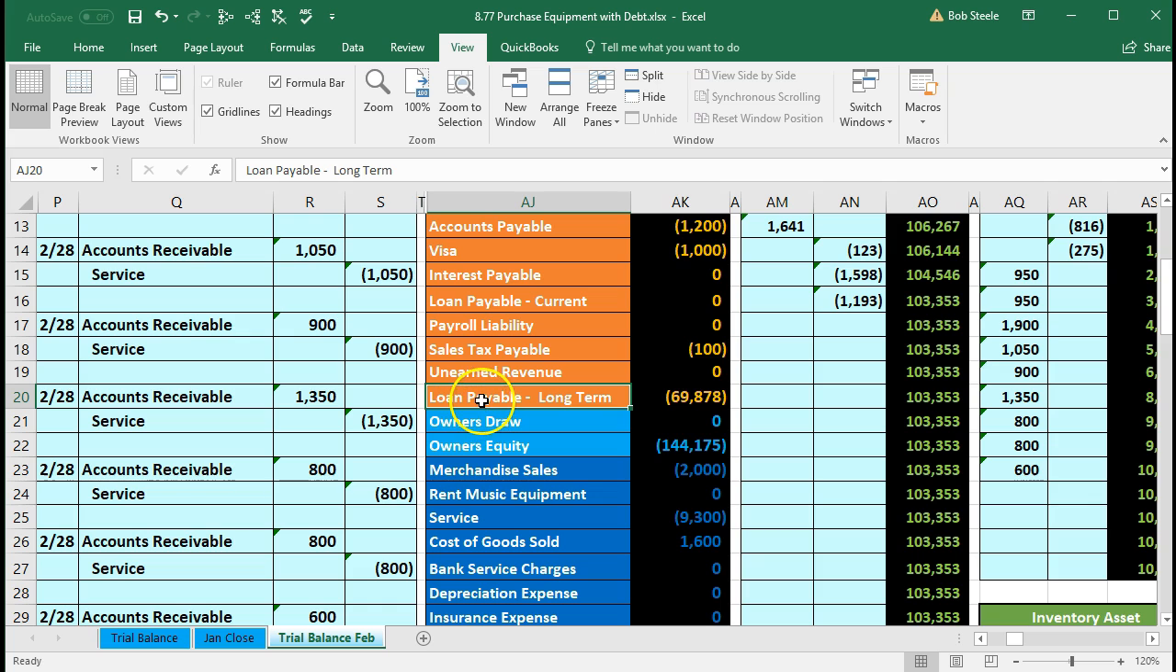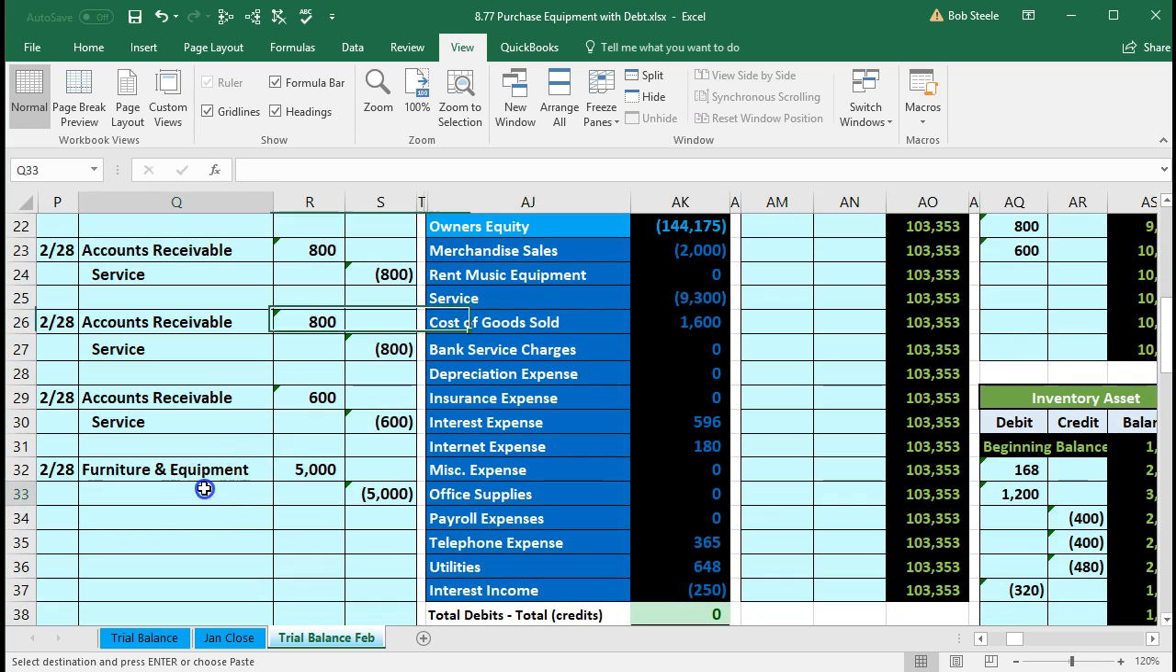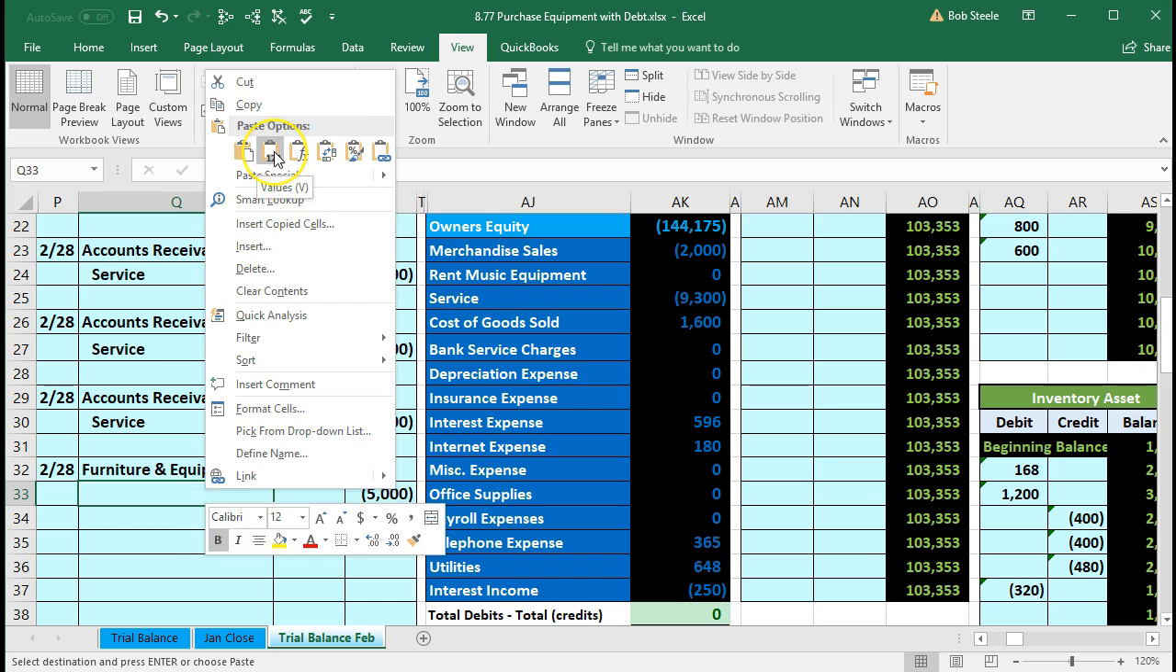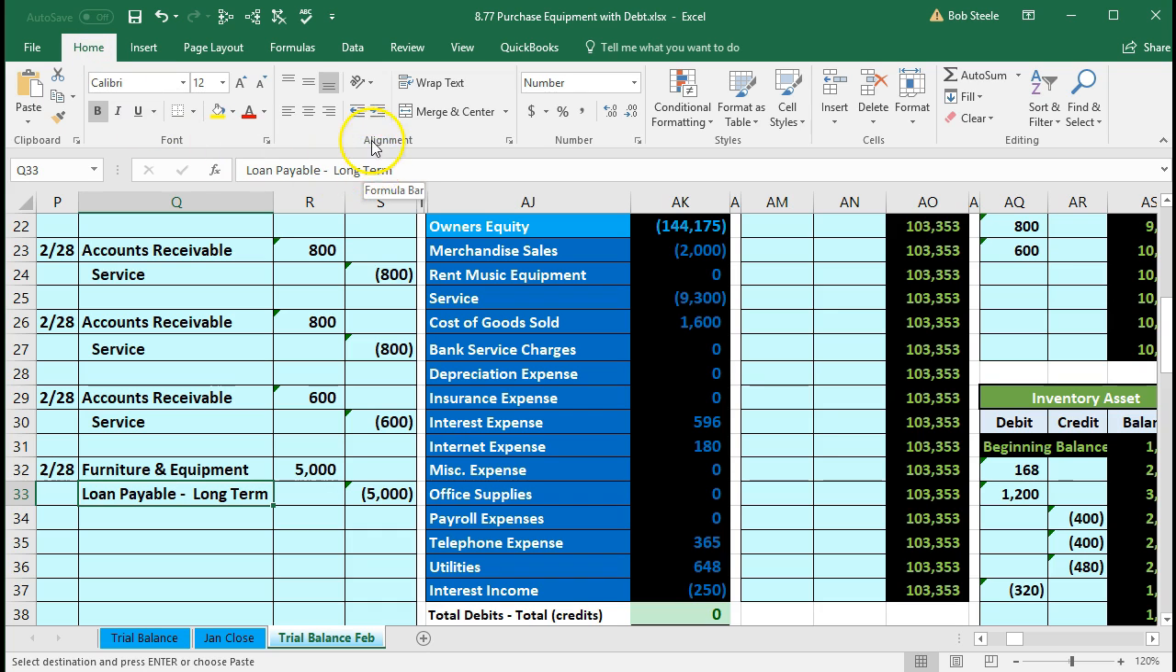So I'm going to go ahead and copy this loan payable. And that will be then the credit. That's going to be in Q33, right-clicking and pasting 1, 2, 3. We'll then format this by selecting this item and go into the Home tab. We're going to go to the Alignment group and increase the indentation. We have now journalized the journal entry,